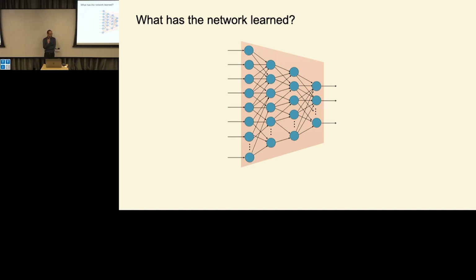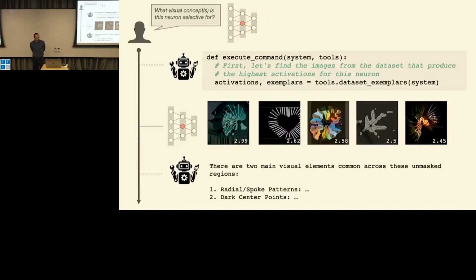Okay, so just to close, finally, I want to connect this with the first part of the talk. What is going on here? What has this network learned? I want to run MAIA on this neural network, trained with this procedural data, to try to understand what concepts have appeared inside the neural network. So this is the experiment. Here is one particular unit. We ask what the unit is doing. It runs on a big database, and it sees that these are the images that most strongly activate that particular unit.